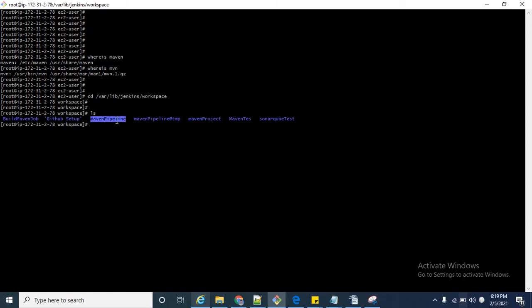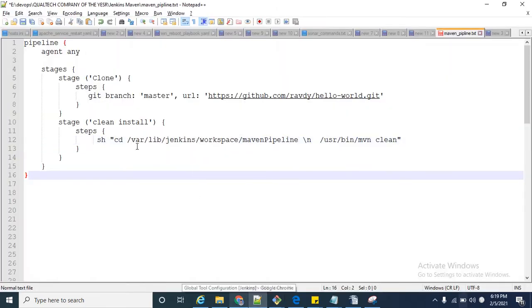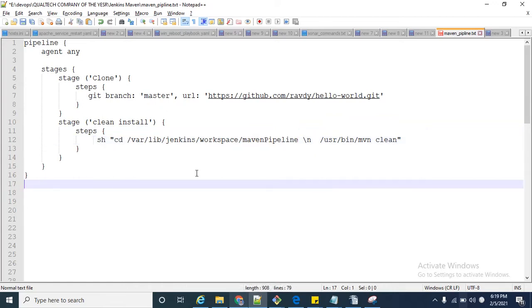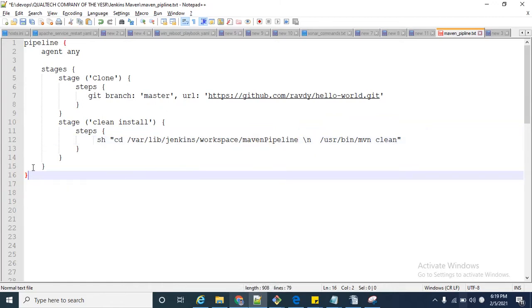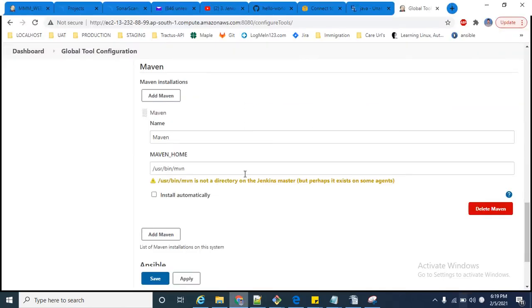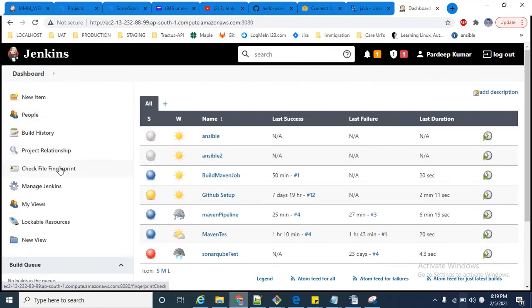In my case you can see Maven pipeline. Whenever you create a pipeline job, you have to specify the name of the pipeline job here. So I will show you how we can specify the name. Go to New Item.